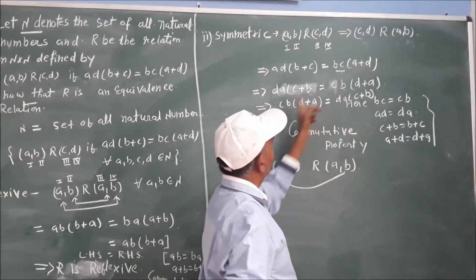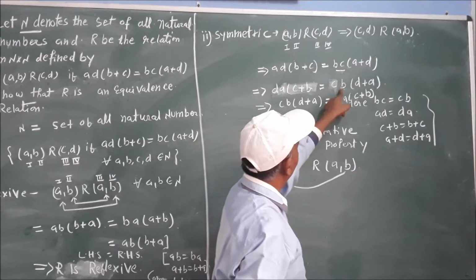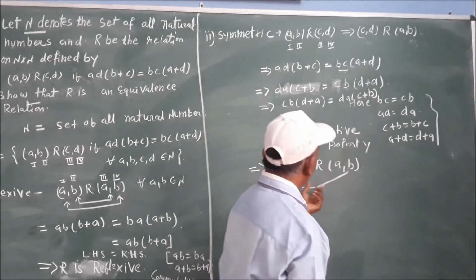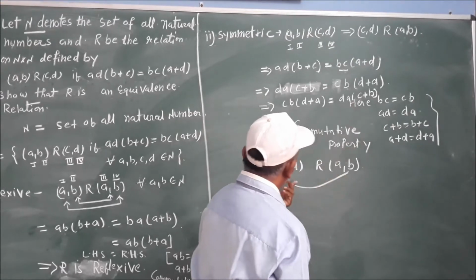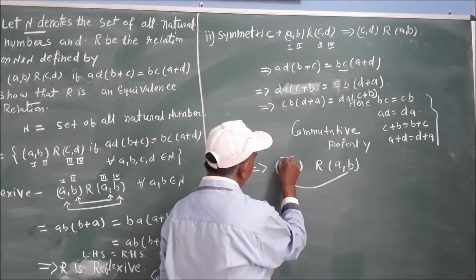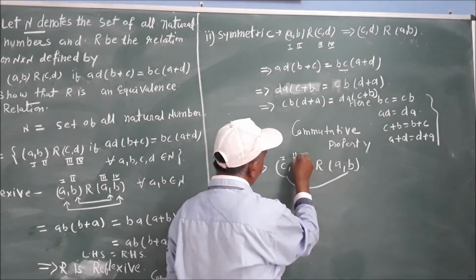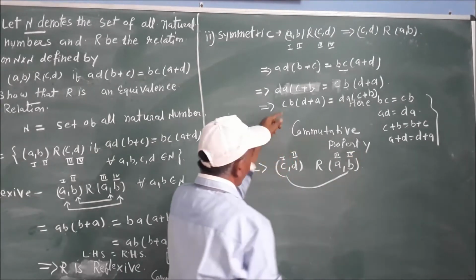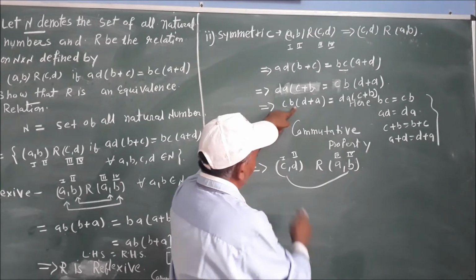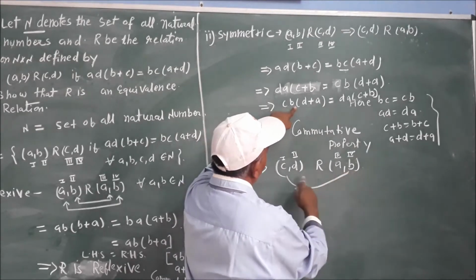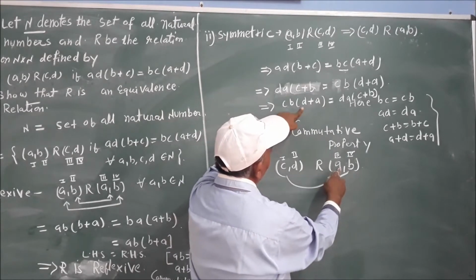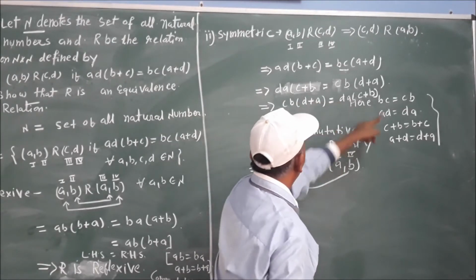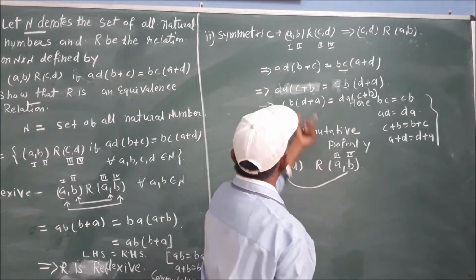If we change LHS and RHS, this can be written as CB into (D plus A) is equal to DA into (C plus B). Check here, this is your first element, this is your second element, here is your third element, and this is your fourth element. So first element into fourth element, and this is your second element into second element plus third element, and again the same thing is repeated. So if you check, you will follow the result.